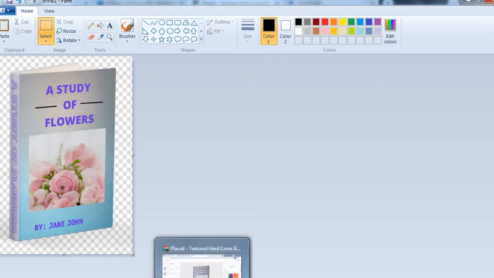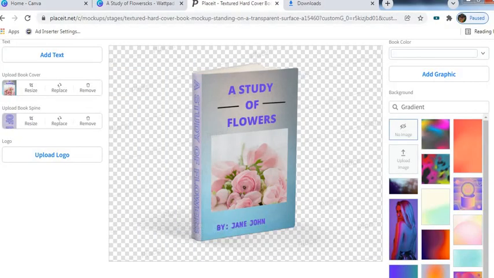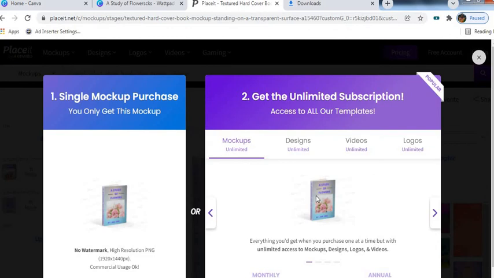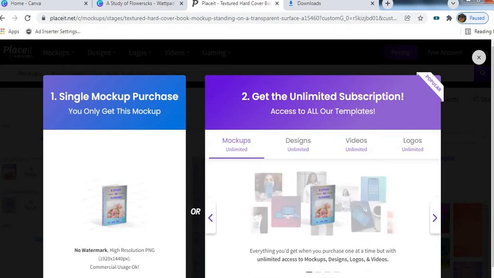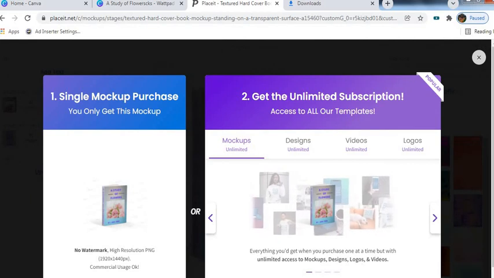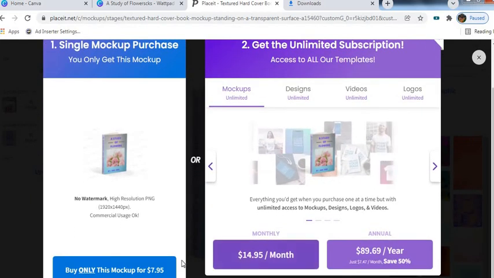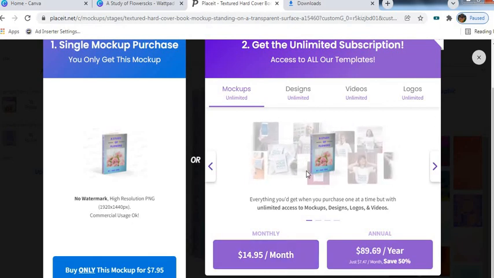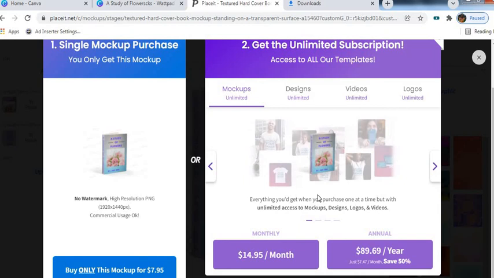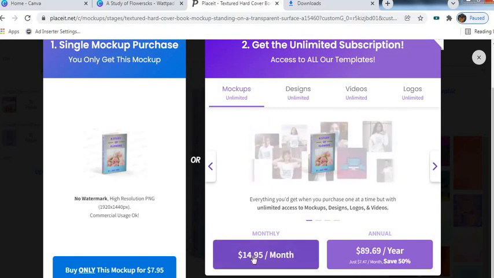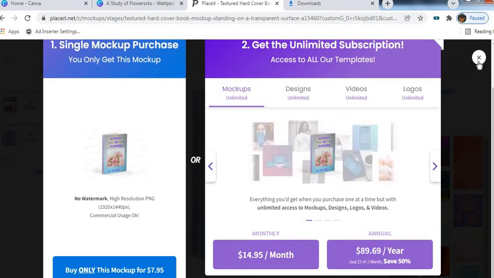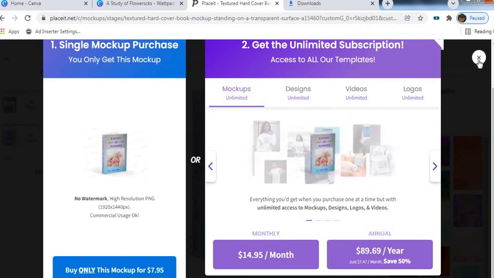Now this is one. Okay, another way you can also do it, because if you want to, let me just show you something so that you know what I'm talking about. If you want to download it, you'll be asked to pay. Okay, unless you have the money, you can pay. Okay, you have their watermark if you don't pay, 7.95, okay, for just this one. But if you want to get different mock-ups for 1 month, you pay $15. Okay, now since you don't have, you're just beginning your business, maybe you don't have the money to do that,